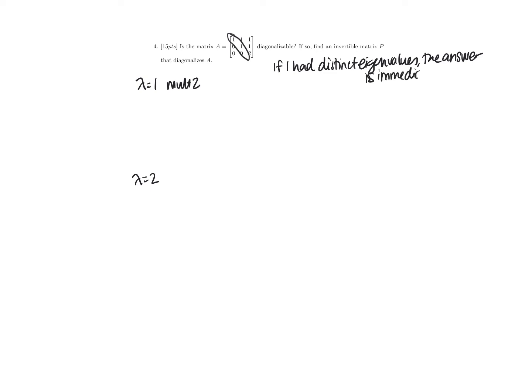The next one is, is this matrix diagonalizable? So the first thing I can do is I can look and I can see my eigenvalues. So I get lambda equals 1 with multiplicity 2, and then I have lambda equals 2. So if I had distinct eigenvalues, the answer is immediately yes. But I don't have distinct eigenvalues. So what I need to do is I need to make sure